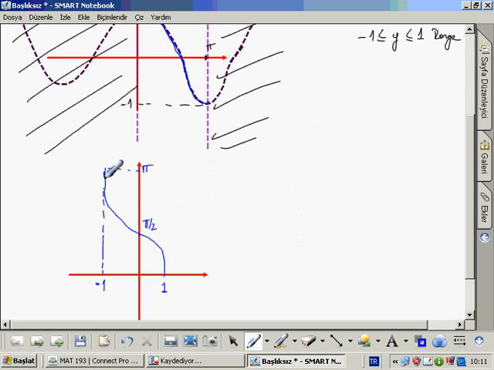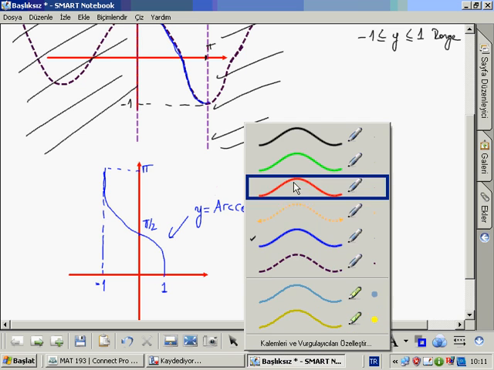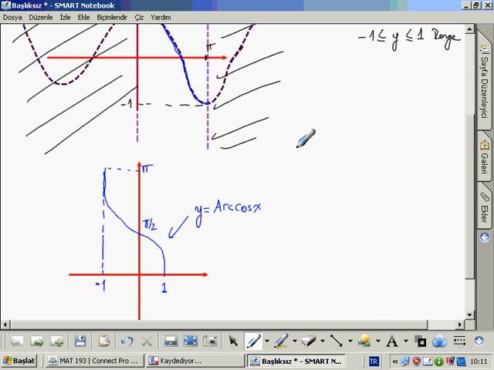This function is inverse cosine x. We can also write it as cosine of, and I mean of course capital cosine of